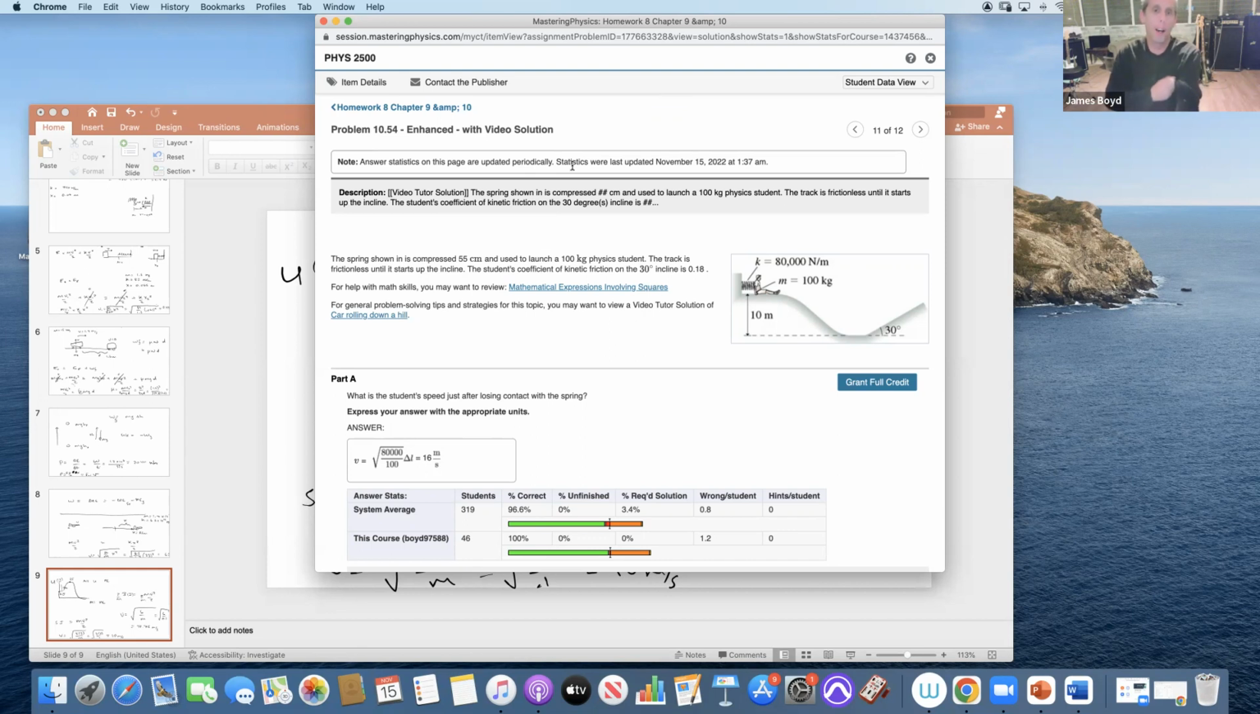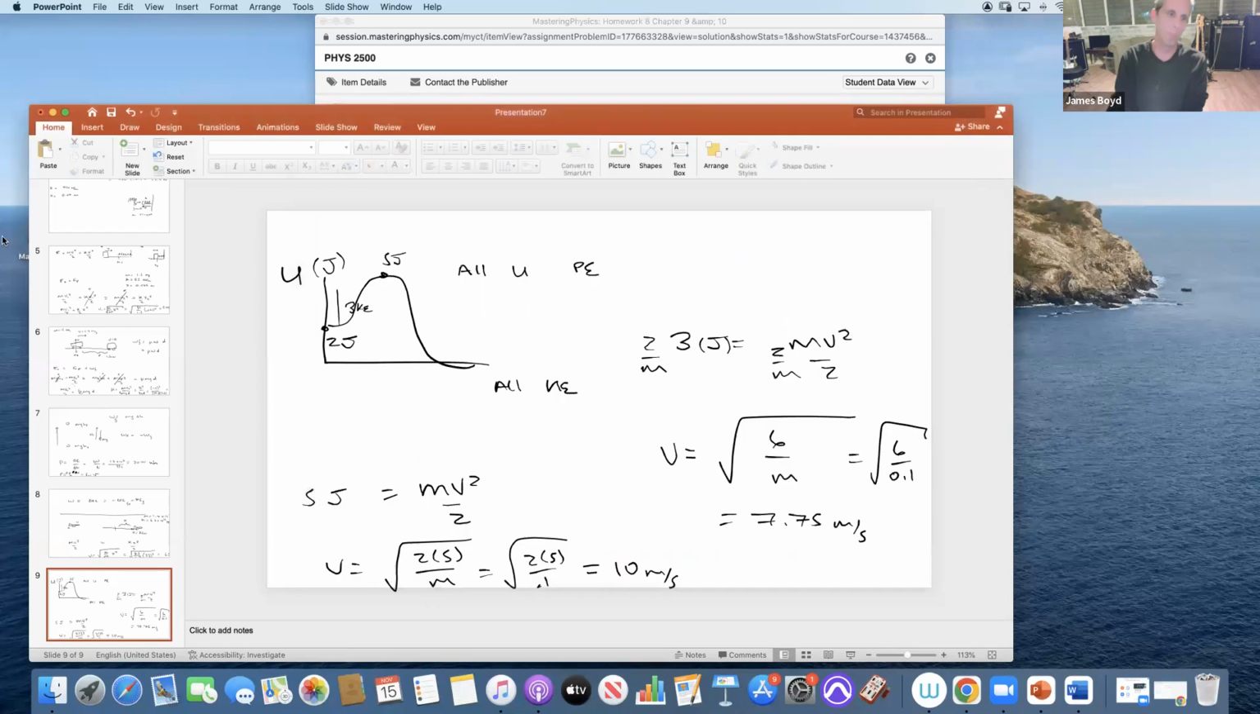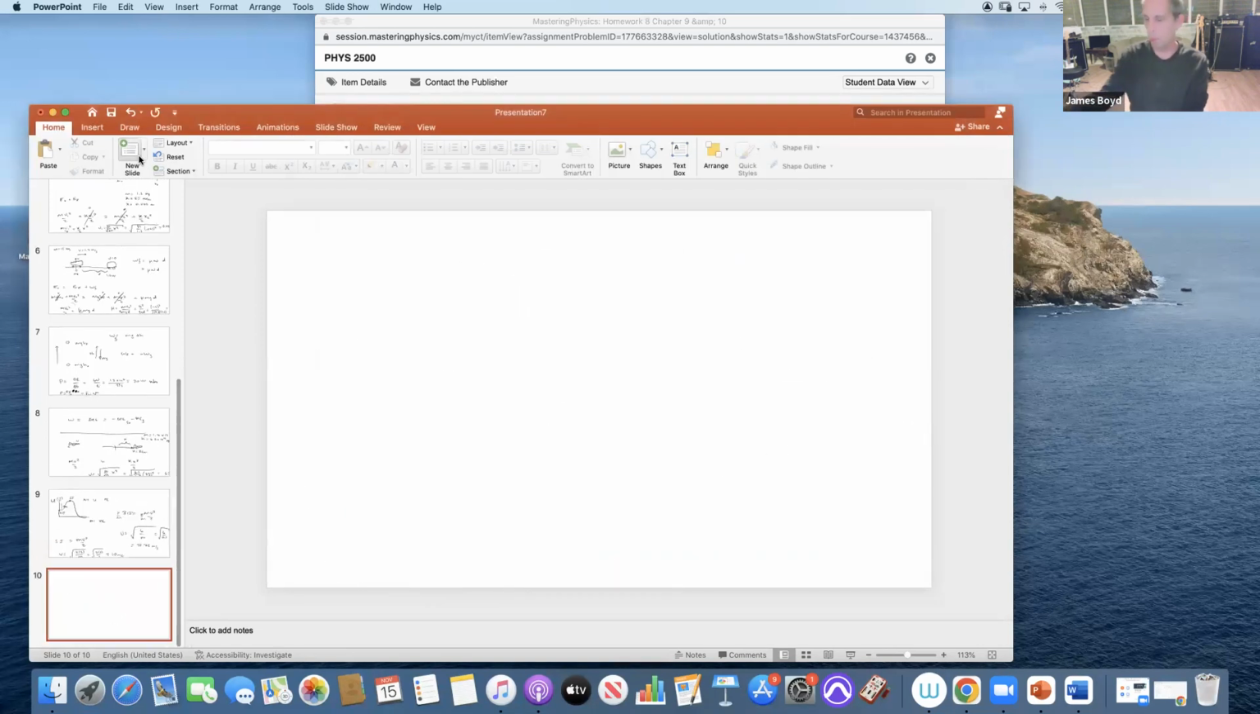All right, so a spring has a student, gets launched, it's frictionless until we hit the incline, then we have to deal with the incline. So first of all, what is the speed after we lose touch with the spring? Now in this problem, we have